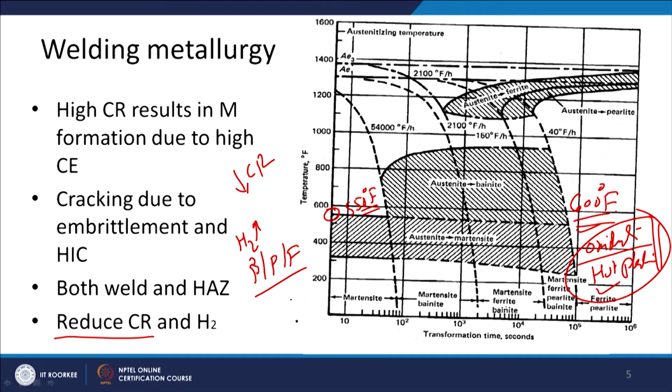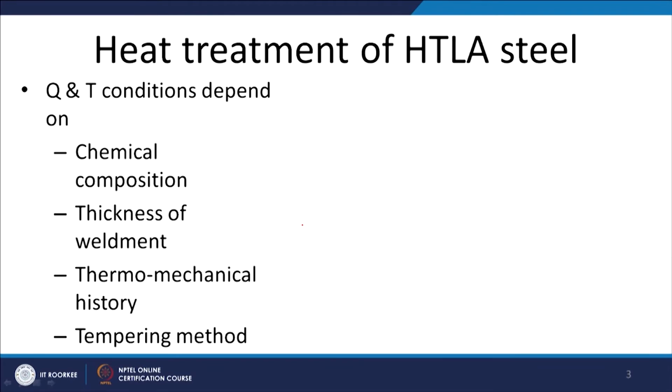So, we need to use the proper degree of preheat in order to avoid the formation of the martensite and reduce the hydrogen content in the steel plate. Now, we will see when the steel is welded, it experiences a lot of undesirable changes in the weld as well as the heat affected zone,